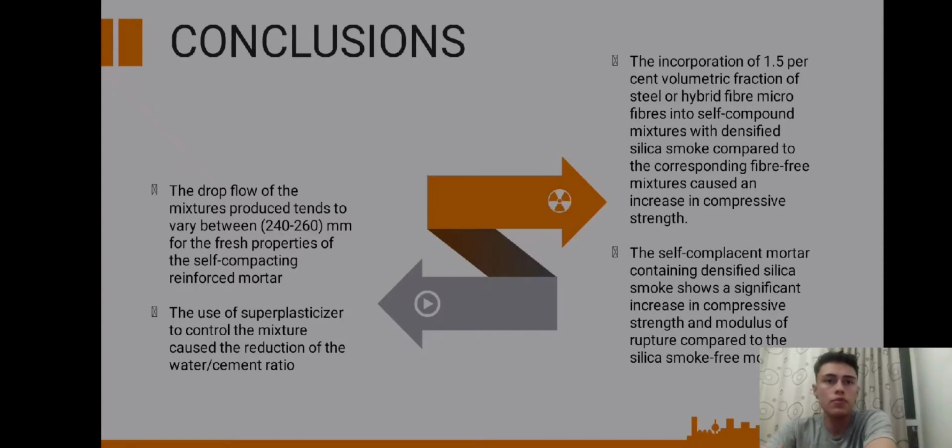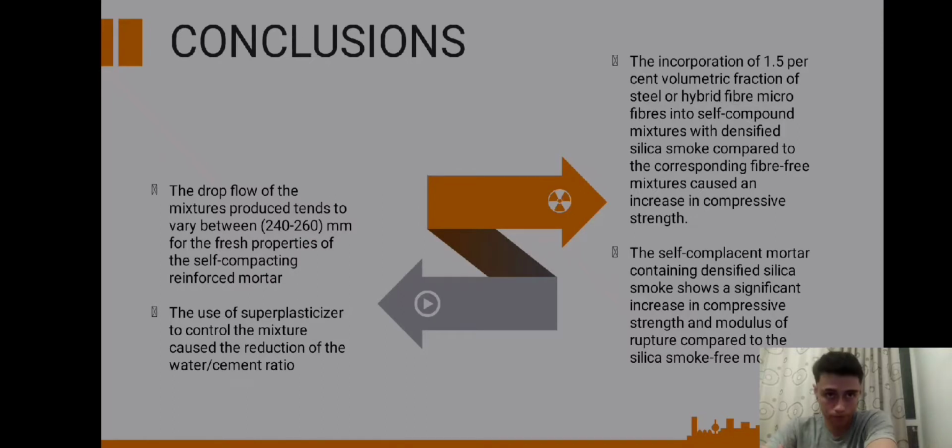The use of superplasticizer to control the mixture caused the water and cement ratio to be reduced from 0.5 to 0.28, and also provides homogeneity, fluidity, and resistance to mortar segregation. The self-compacted mortar containing densified silica fume shows a significant increase in compressive strength and modulus of rupture compared to the silica fume free mortar. The percentage increase is approximately 24.1% and